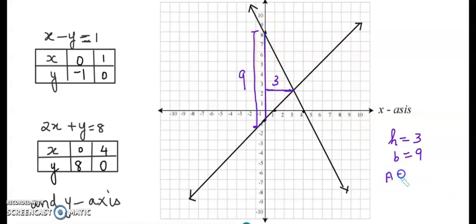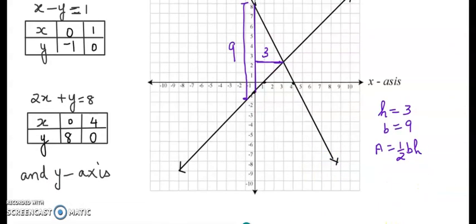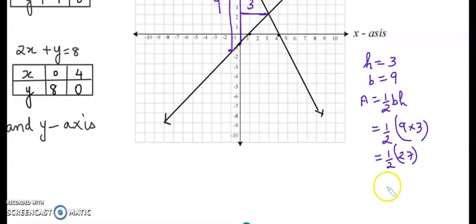Okay. So area is equal to half base into height, right? So that will be equal to half 9 times 3, which is half of 27, right? So that will be equal to how much? 13.5 square units,